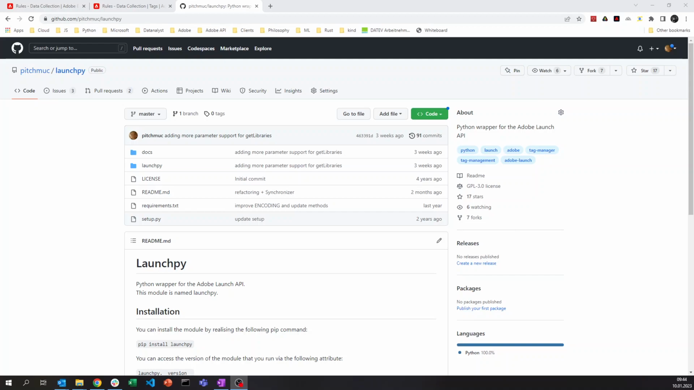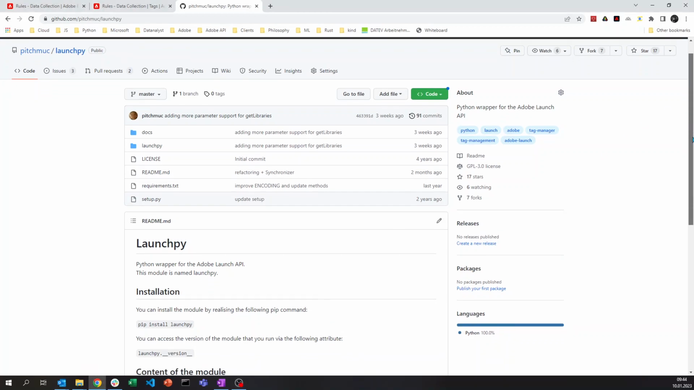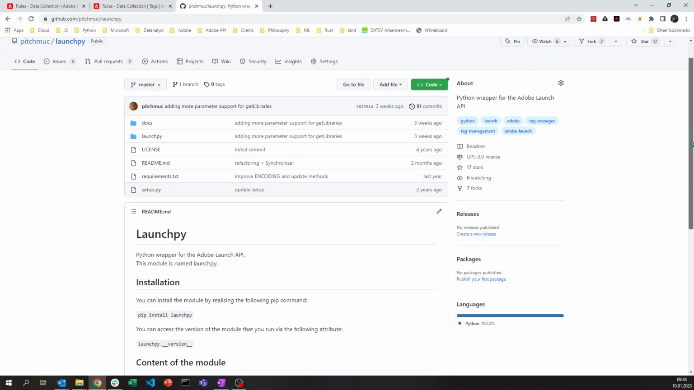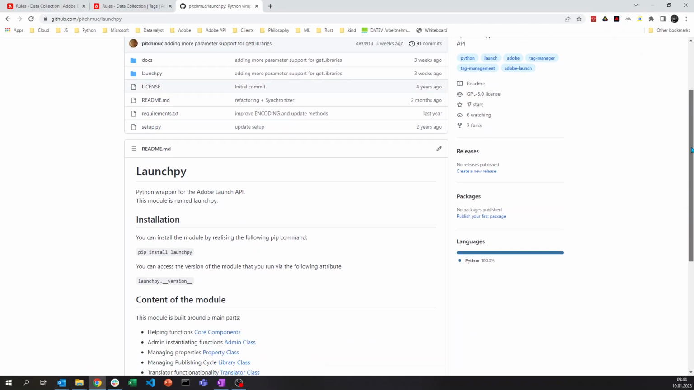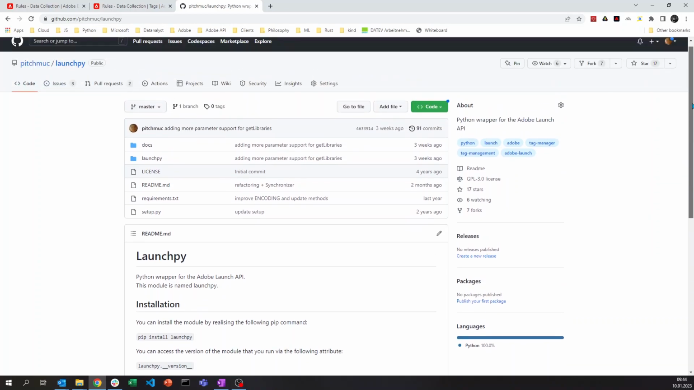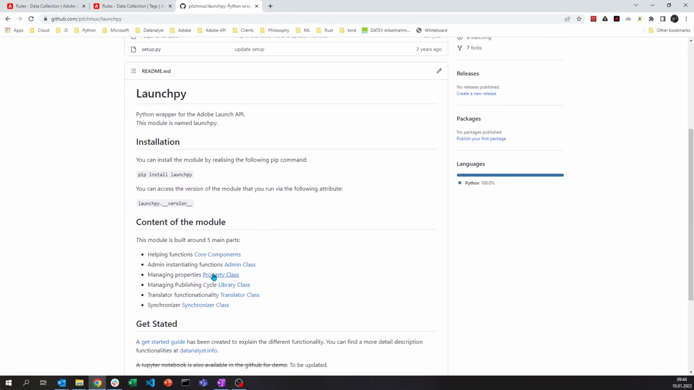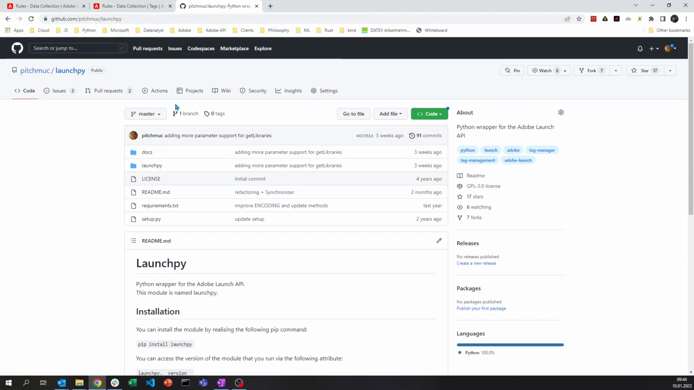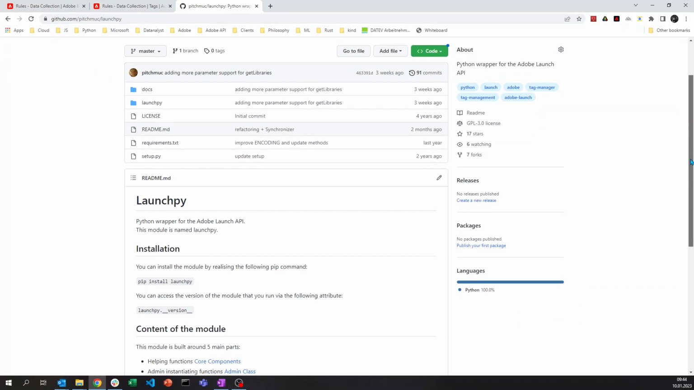Hello everyone, and welcome to this recording on the launchpy synchronizer. I will go through this recording on the synchronizer workflow, how you can use that for Launch and for the Launch API using launchpy. So if you go to the repo, which is the launchpy repo in my GitHub, then you